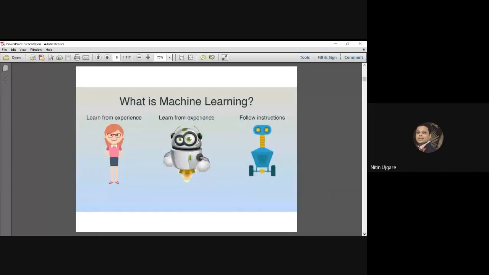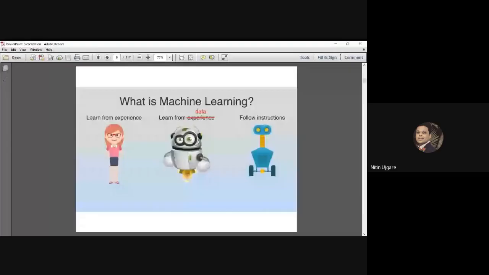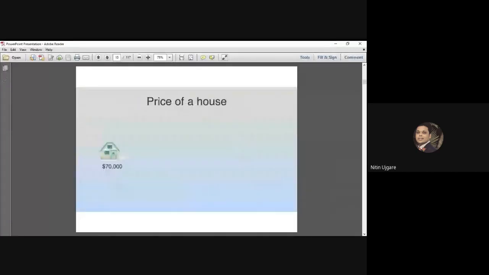In the case of a machine, this experience has a name called data. So we have to teach the machine using data, or using examples or samples. Well, so now from this slide onwards, we are going to learn some examples. We are going to learn machine learning using some